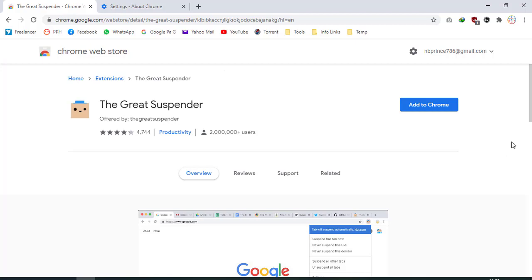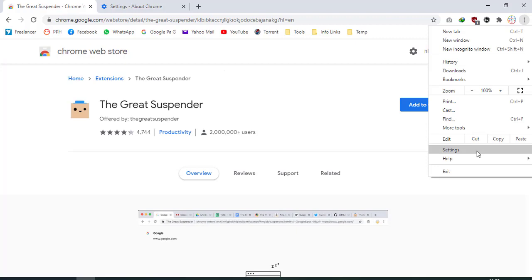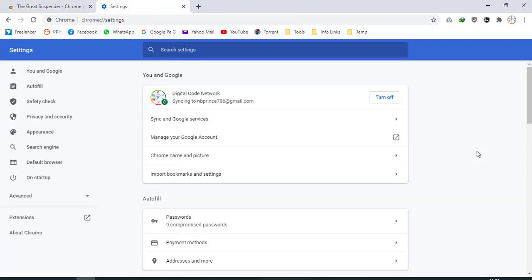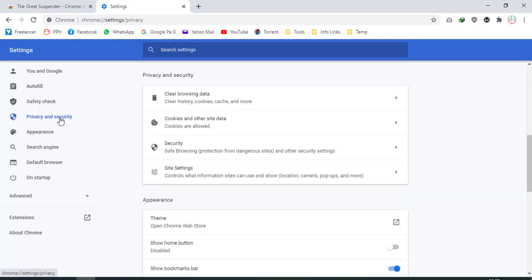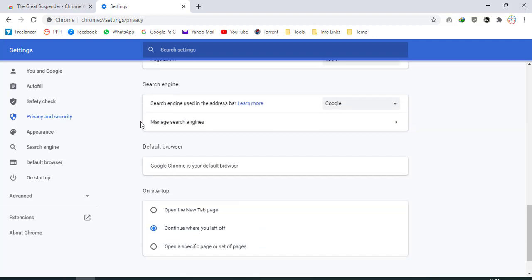So the next step is to turn on preload pages. To make the browser and searching fast, you can turn on preload pages, and it will help your browser open pages faster.